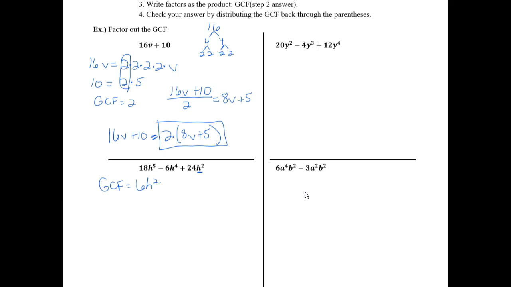Notice we didn't take any v's up here because I didn't have any v's with the 10. So it was not a common factor. Common means in both. Now if you can't recognize that 6 was the GCF for the numbers and h squared was the GCF for the variable part, you can always go back to the factoring. So breaking it down,